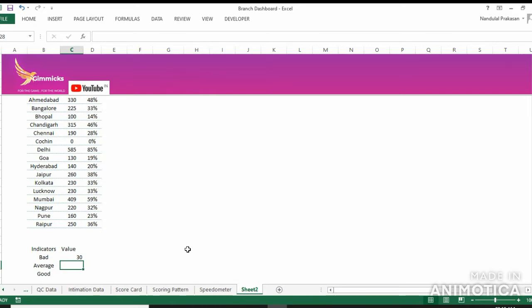So I'll put 80. It is the segment for average. So 31 to 80, and 80 is the upper limit. So I'll keep it as 80 minus 30. It is 50. Right. And the segment I want to keep for good is obviously 81 to 100%.